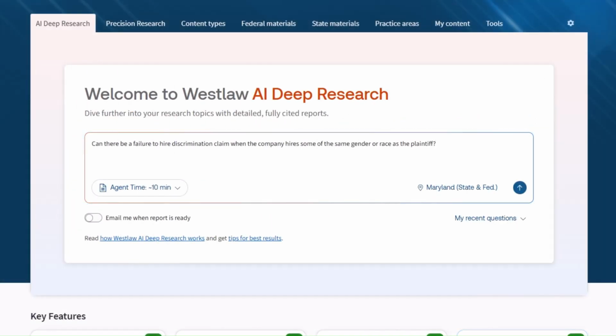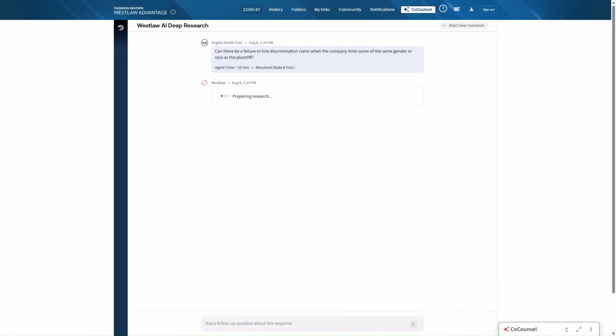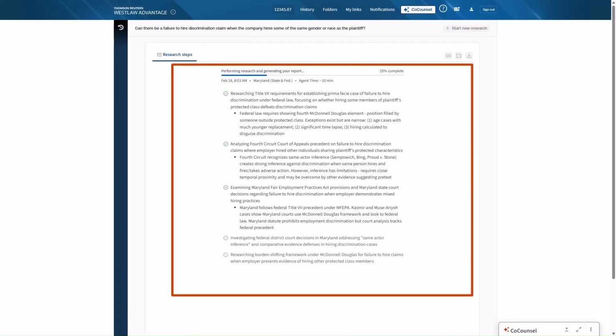Before submitting your query, you can request to receive the report by email. When you are ready, select the up arrow to send your request. Deep Research starts processing your request. Deep Research creates a research plan showing how your query will be addressed, then executes each step and provides key